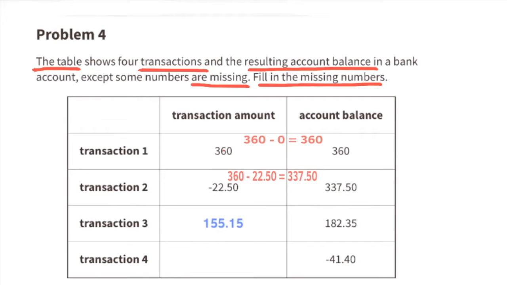$182.35. Then in transaction number 4, they must have withdrawn too much money because their account balance for transaction 4 is in the negatives. It's at negative $41.40. $182.35 minus a negative $41.40. Minus a negative is just like the opposite of a negative. So we can add $41.40 to $182.35, and that tells us how much they withdrew from the account. They withdrew